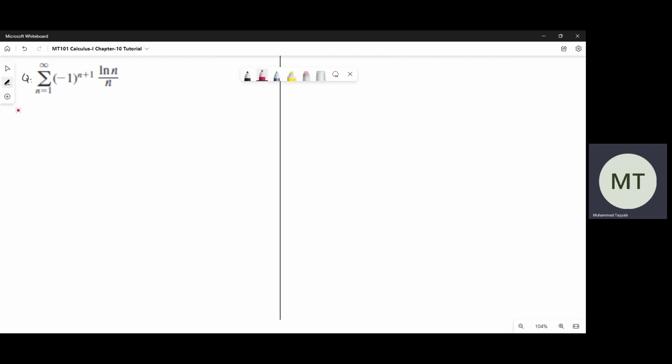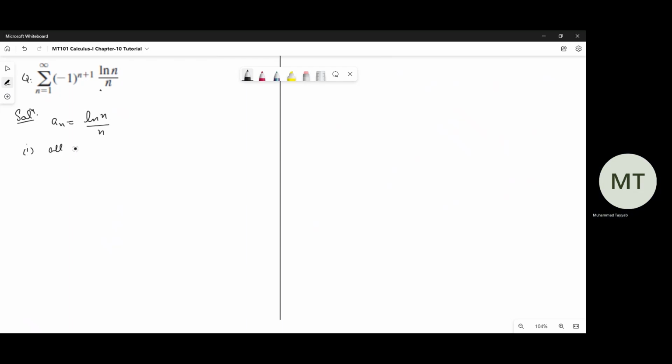So let us start the convergence test. The solution says we will apply the alternating series test. In the alternating series test, the minus 1 raised to power n plus 1 acts as an alternator, so we only have to consider a_n, which is natural log of n divided by n. There are three conditions that must be fulfilled. The first condition is